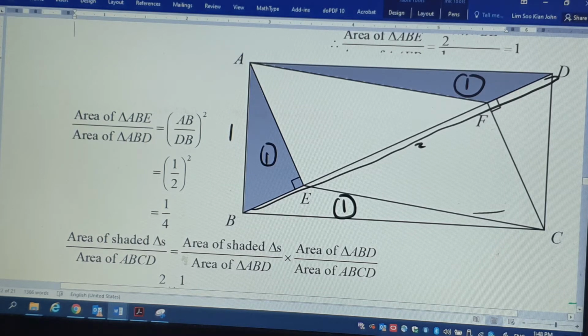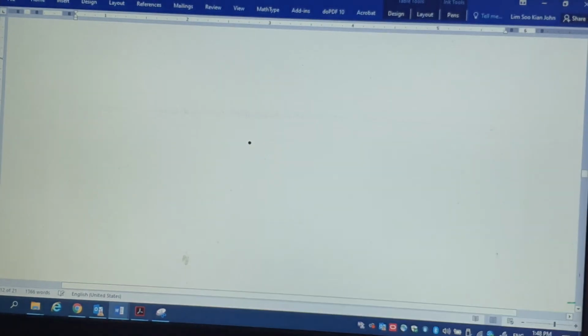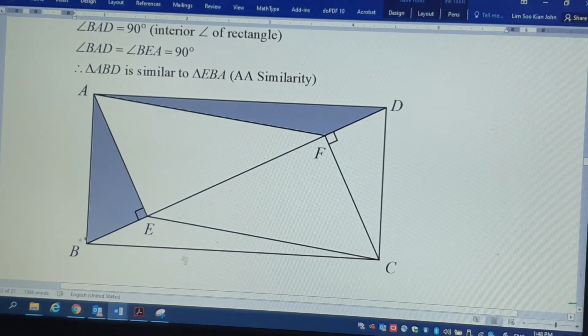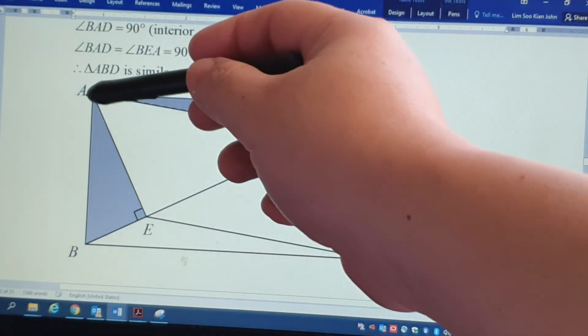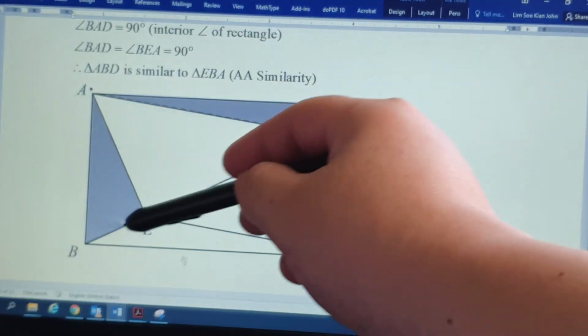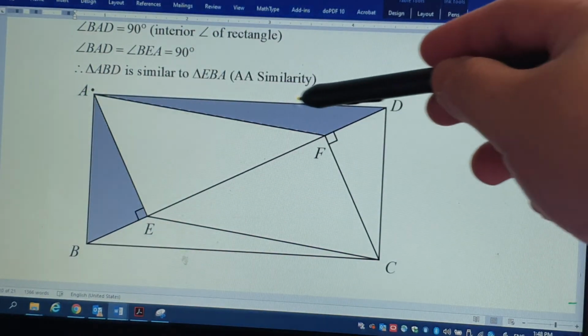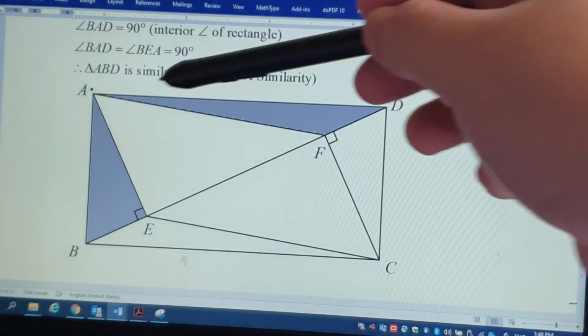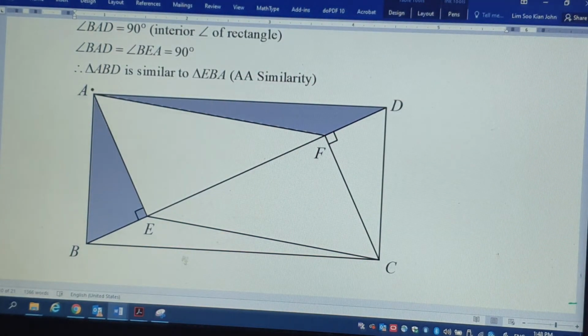Okay, now you think about it. Wait, I'm showing you the second part. Just now we have proven that this triangle ABE is not congruent, but similar to this triangle. Correct? This triangle is similar to this triangle. So what does that mean? What does that mean? It means that this,